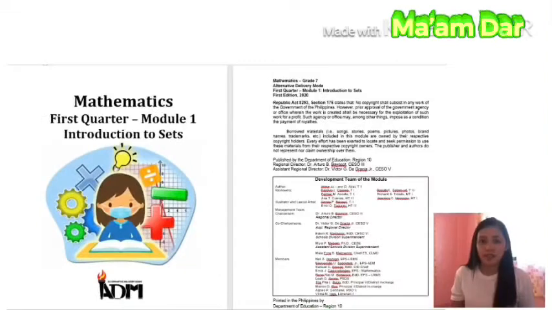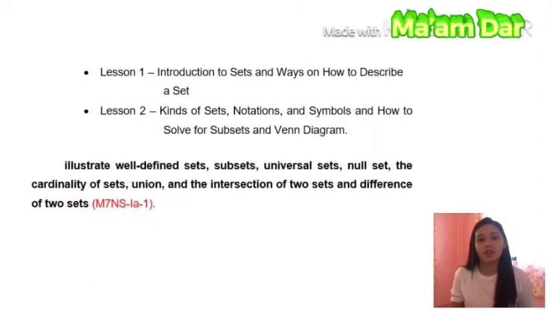In this video, we are going to learn Introduction to Sets, Module 1 of Mathematics 7. This module is divided into two lessons. Lesson 1 is Introduction to Sets and ways on how to describe a set. Lesson 2 is all about kinds of sets, notation and symbols, Venn diagram, and how to solve for subsets. Based on the competency, this module will help you illustrate well-defined sets, subsets, universal sets, null sets, and the cardinality